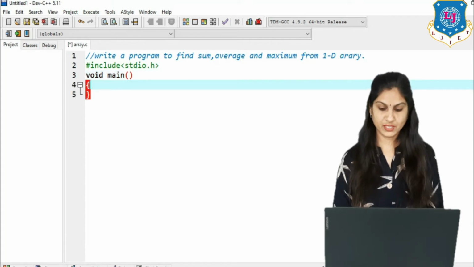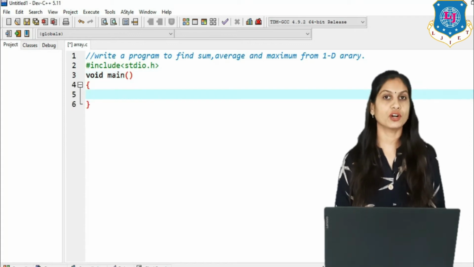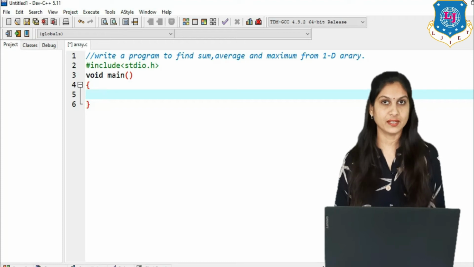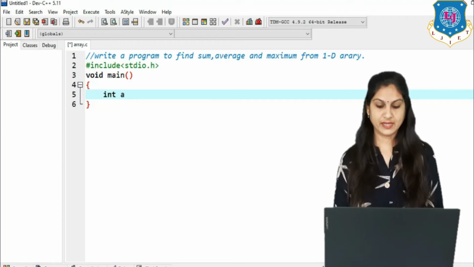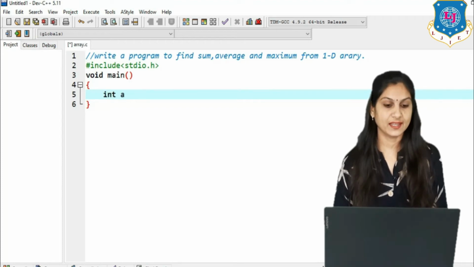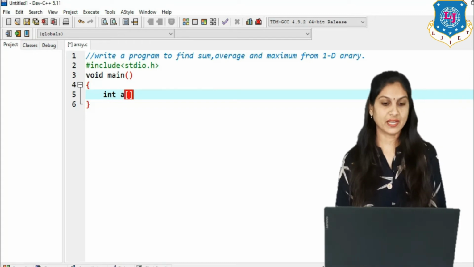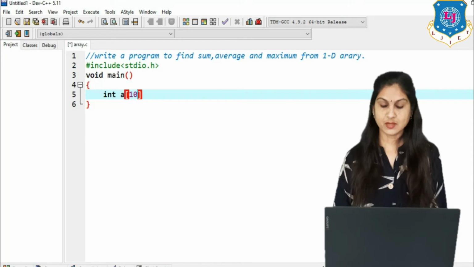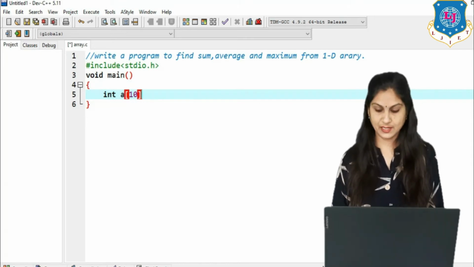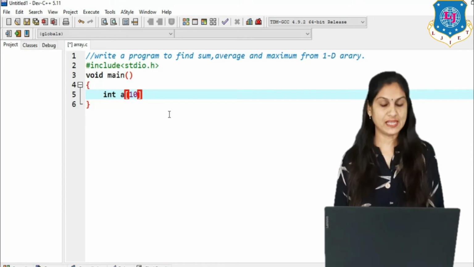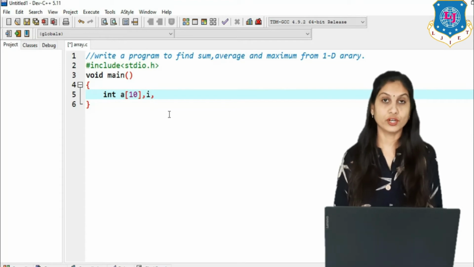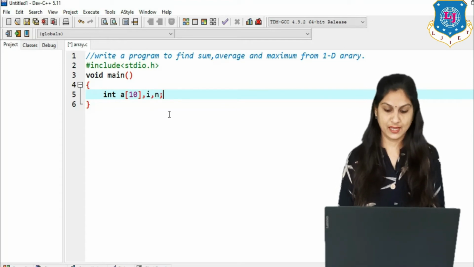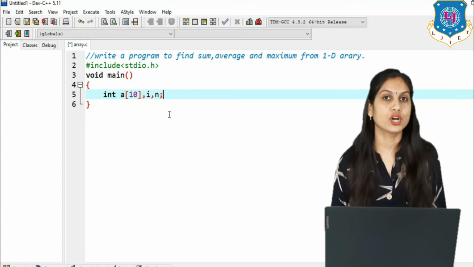Inside void main the first part is the declaration of the one-dimensional array, that is an integer variable, that is for array a, and inside the square brackets we have to write how many elements you want to store. Suppose here I have taken 10 elements. Then we need two variables here. First is i for the for loop and second is n for how many values you want to store.